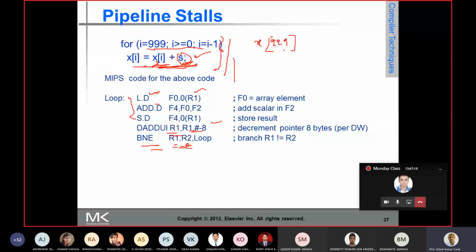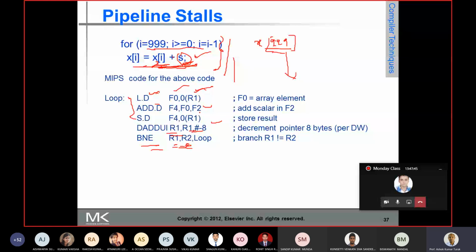So starting from 999, you get the next word, the 8 bytes. So R1 contains the address of the first 8 bytes of the memory location to be added, and the offset is 0. You access it and store it in a floating point register F0. Then the scalar S is already accessed and stored in a register F2.